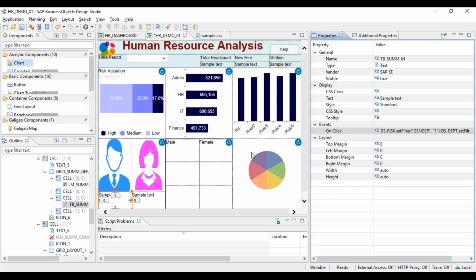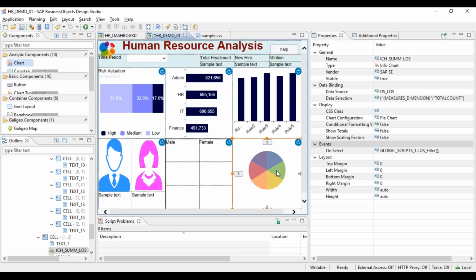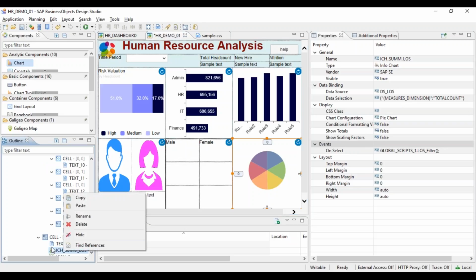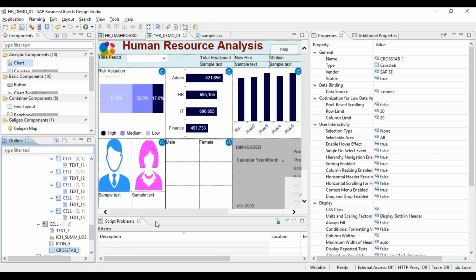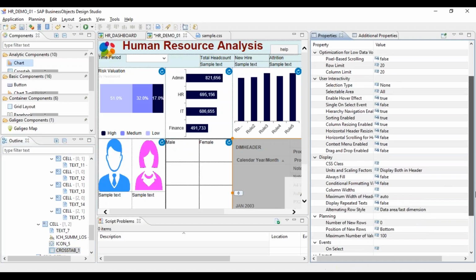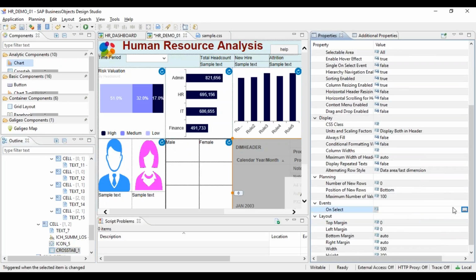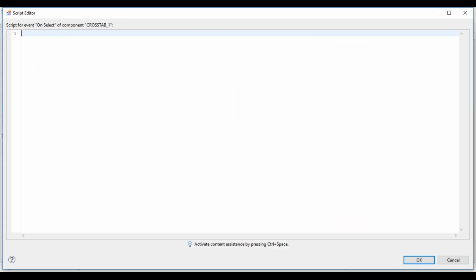Yeah, you can do that also. Wherever you have an on click event, you can do that. In crosstab also you have that option, the on select event, so then you can write your code.